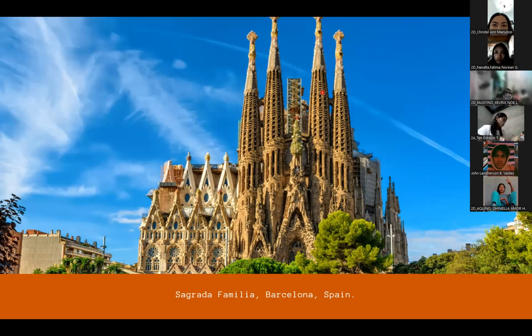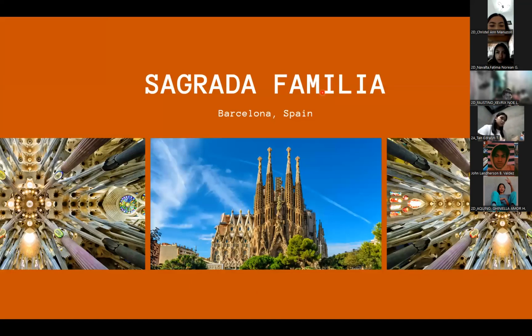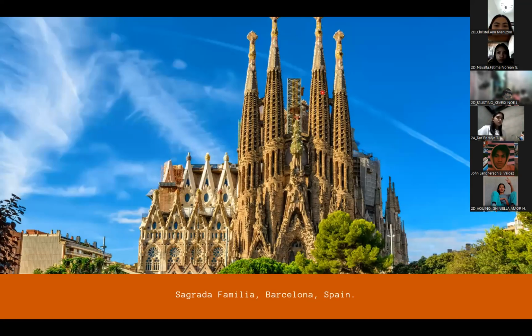I think I posted on Facebook how detailed the Sagrada Familia is. Just look at how detailed it is. Gaudi really meant it, that God is in the details. Its details, if you zoom in a little closer, if you ever take hold of a photo,